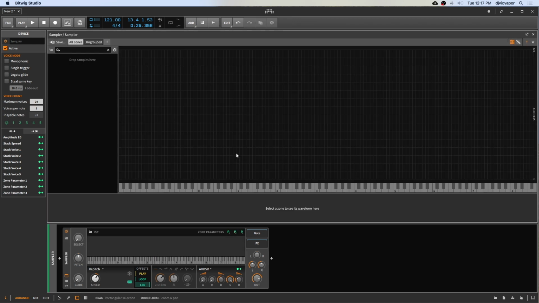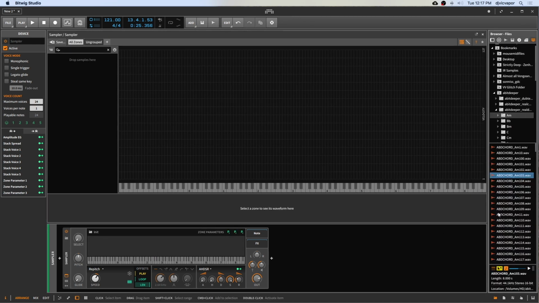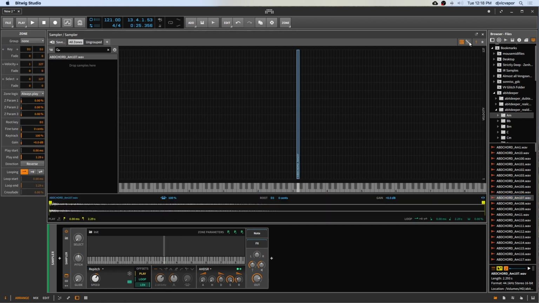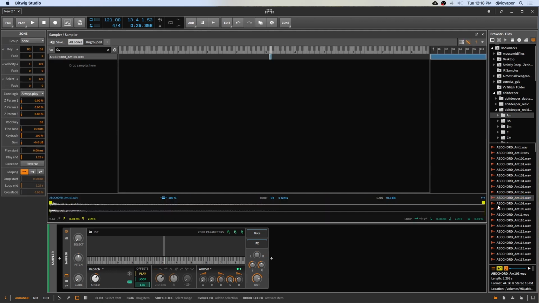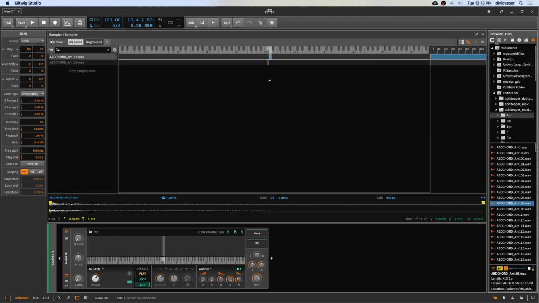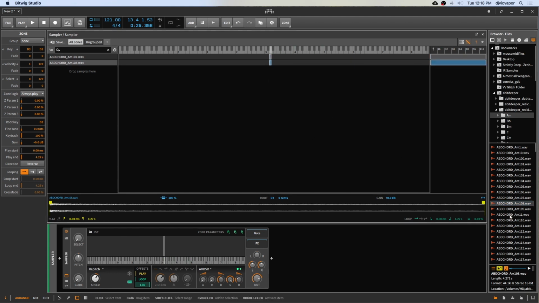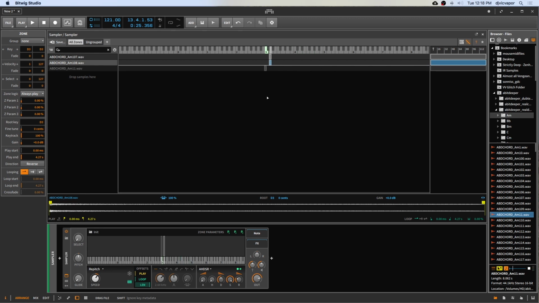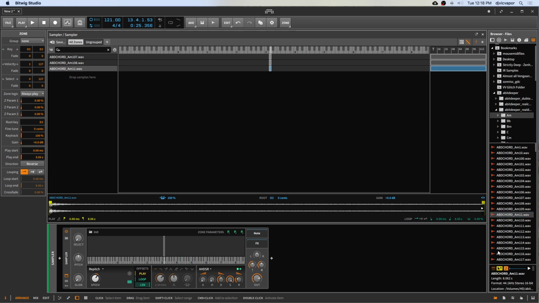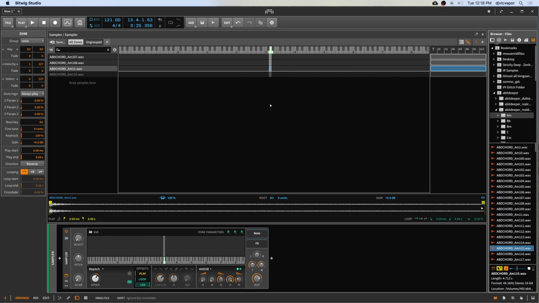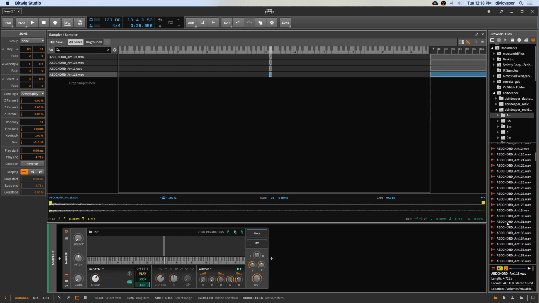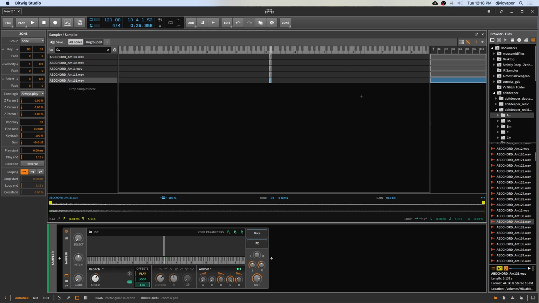So we're going to go to Create Multi-Sample, and I'm just going to grab a bunch of chords, and we'll put them all on the same key. Let me change this to be a little easier to work with. 3, 4, let's get one more in here. And I'm in a folder that's A minor, so all the chords are the same. So when I trigger them,